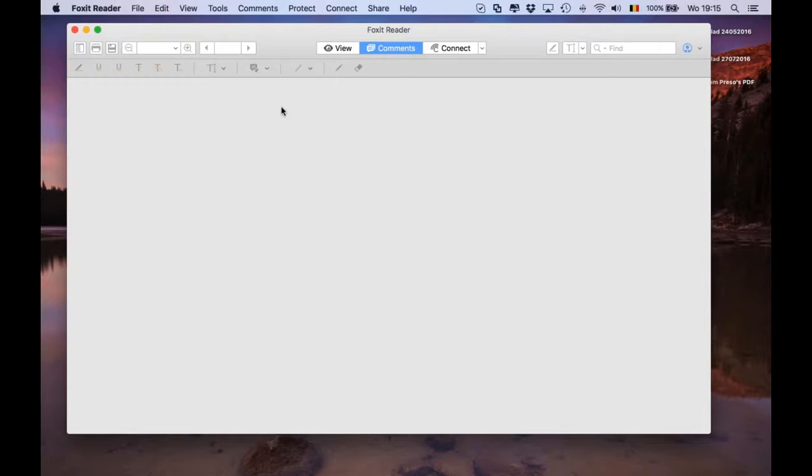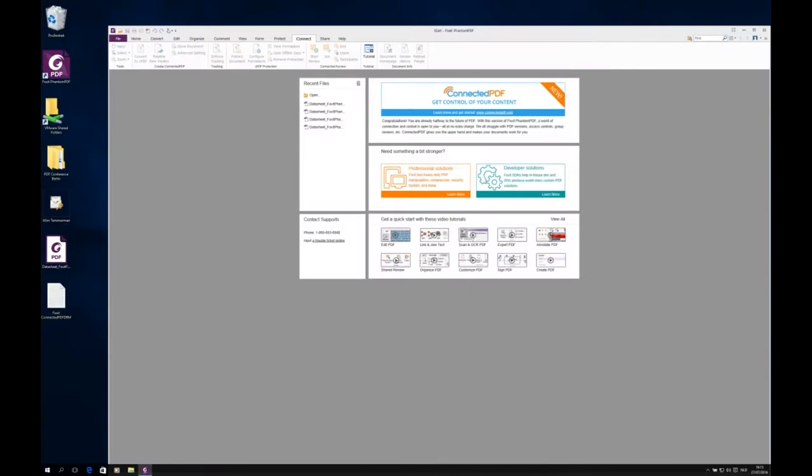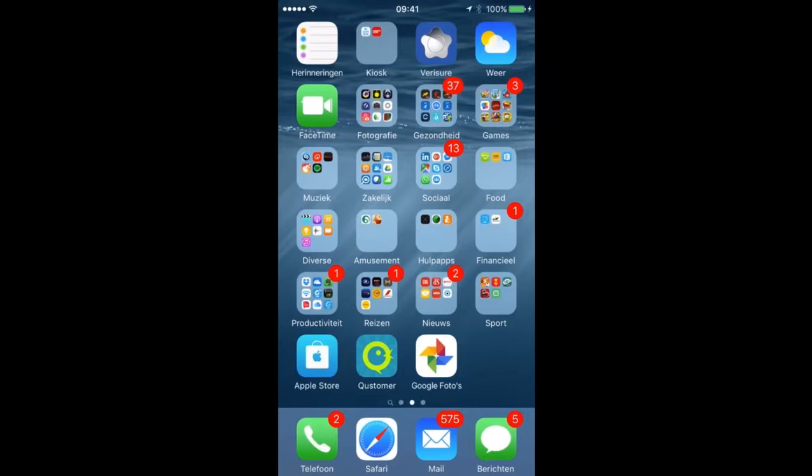So this means that Foxit Reader 2.0, which is available for Mac, as you can see, has the connect possibility in there. We obviously also have Phantom PDF, which, as you can see, resides in my Windows 10 partition. And we have a mobile user, which is our third user, typically our sales guy, who's out on the road trying to sell